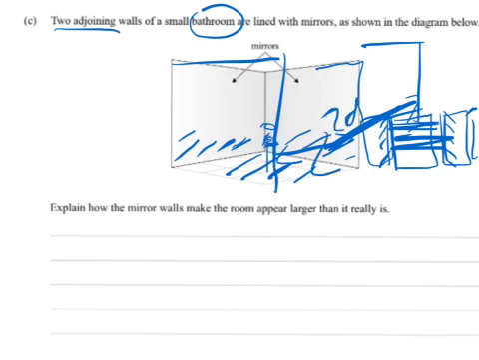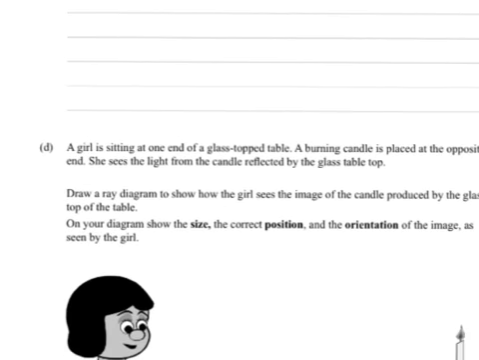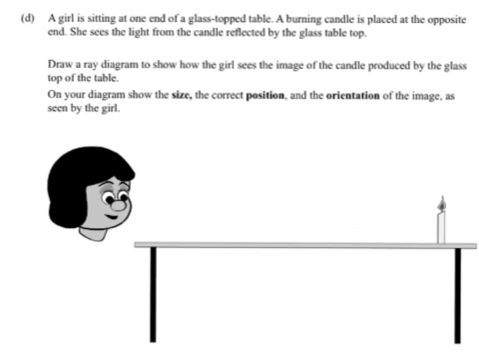So in fact, you've got twice the distance to what there really is in the room, is what it looks like. Okay, moving on. D, a girl sitting on one end of a glass top table, a burning candle is placed at the opposite end. She sees the light from the candle reflected by the glass tabletop. Okay. Draw a ray diagram to show how the girl sees the image of the candle produced by the glass top of the table. On your diagram, show the size, the correct position, and orientation of the image as seen by the girl. Okay. This is going to be a tricky one,